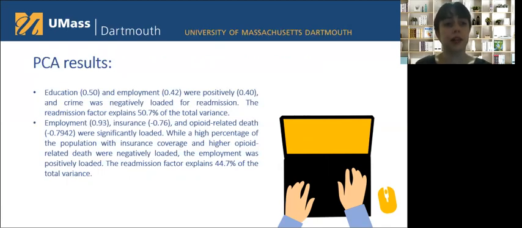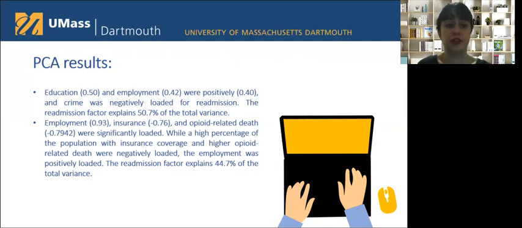Our PCA result was that education and employment were positively and crime was negatively loaded for readmission. The readmission factor explains 50.7% of the total variance. Employment, insurance, and opioid-related death were significantly loaded, while a high percent of population with insurance coverage and higher opioid-related death were negatively loaded. The employment was positively loaded. The readmission factor explains